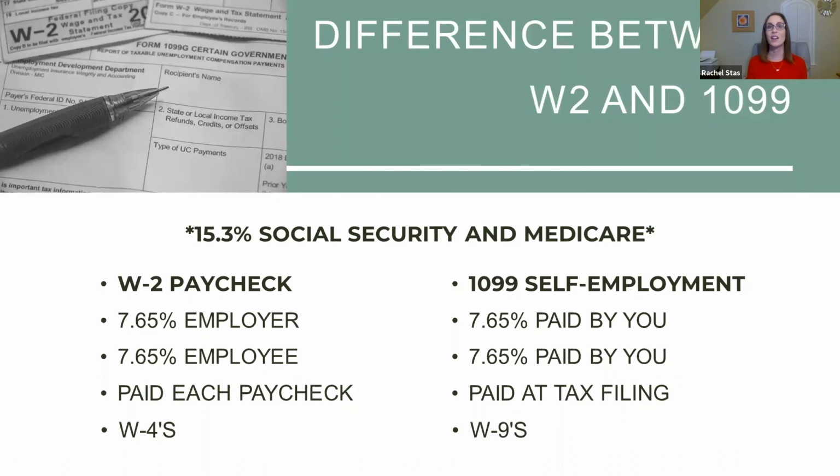So if you had $10,000 of net profit on your self-employment tax return, that's going to be taxed at almost 30%. And that is why it is not fun at the end of the year for my self-employed people to do their taxes. So that is why we're going to talk about how to make those a little less scary.